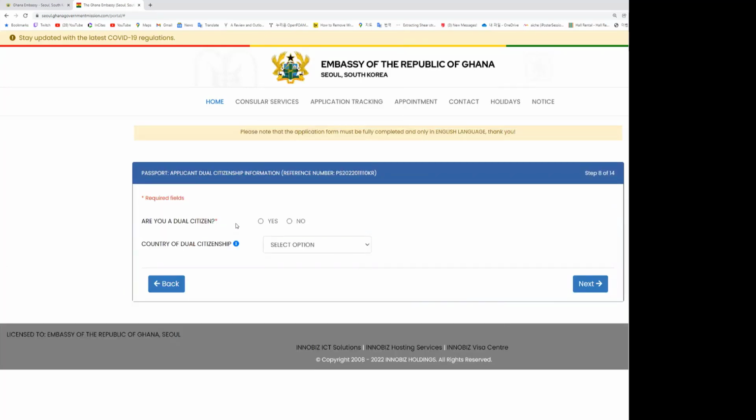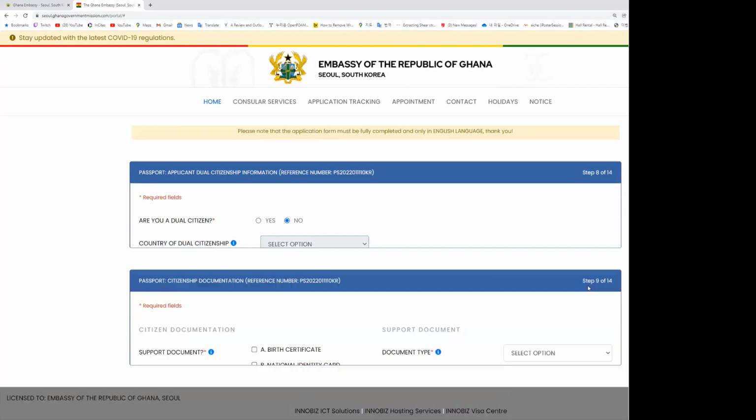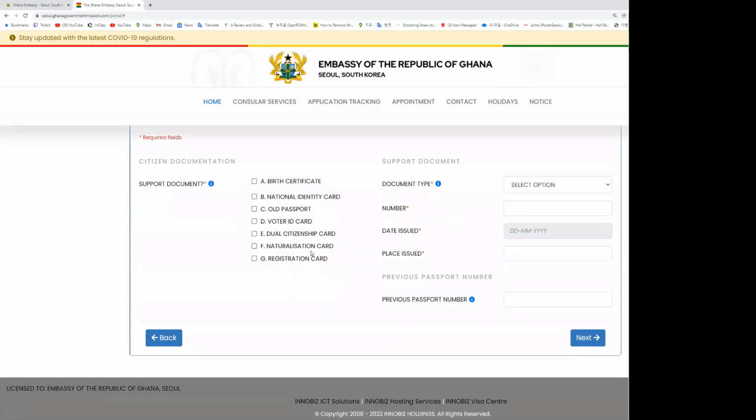And if you're a dual citizen, you choose. If not, if you have only Ghanaian citizenship, you go for that. And then we go to next. Here you want to select the official document that is going to accompany your application. So which document will show your citizenship or your proof of citizenship? So I'm going to just use my old passport and then select the same from here, and then you enter